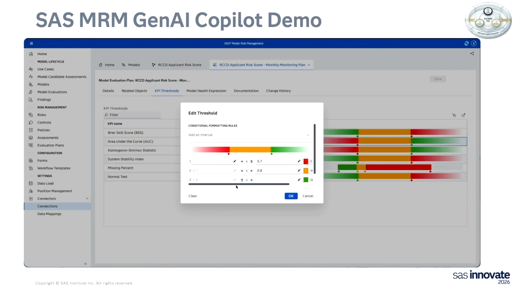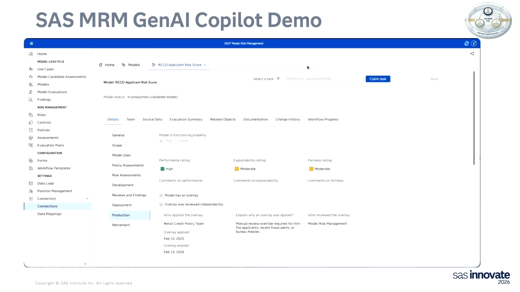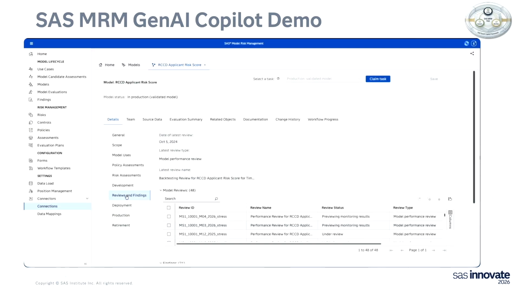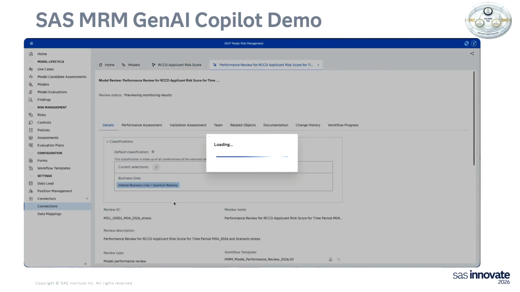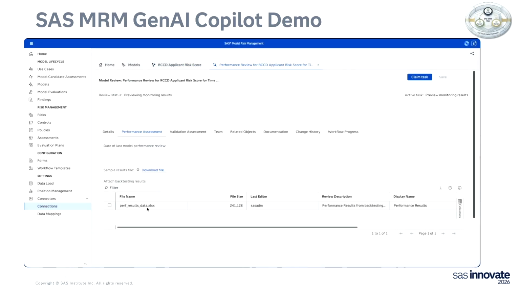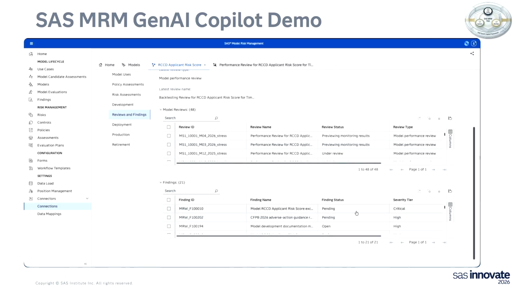As we go through the life cycle of the model, at recurrent phases you perform a validation, which we're seeing right here. There are multiple evaluations, multiple reviews that have been performed. For each review, statistical data can be attached to the model, which can then be analyzed to detect whether there is a drift in performance, whether the model is stable, or maybe deteriorating over time.